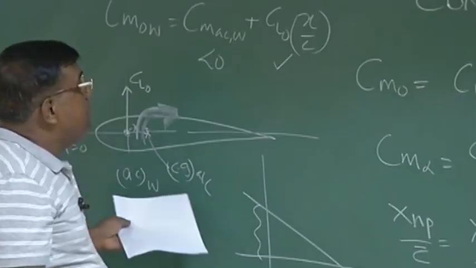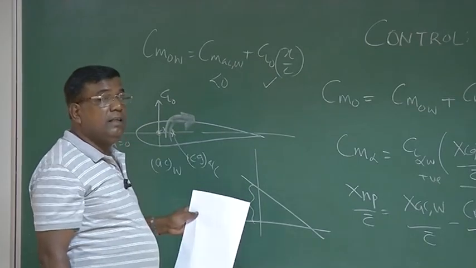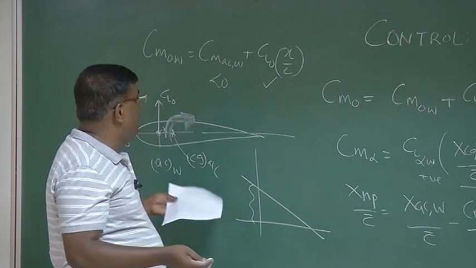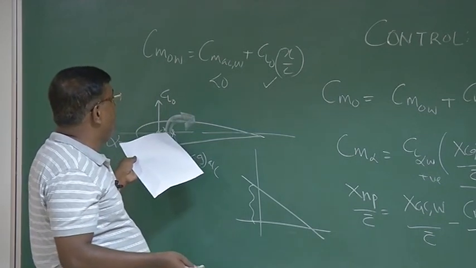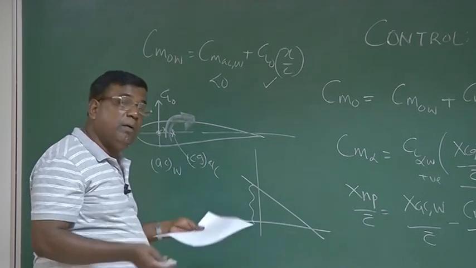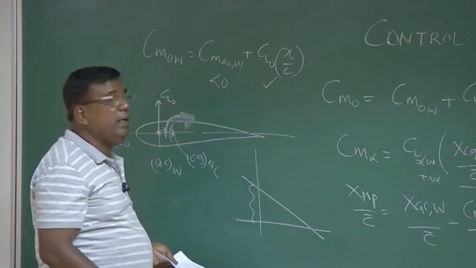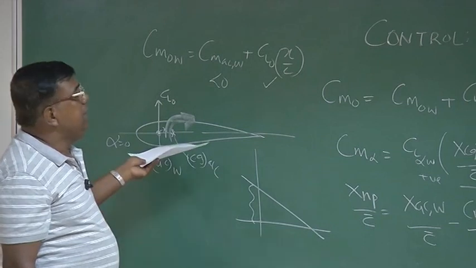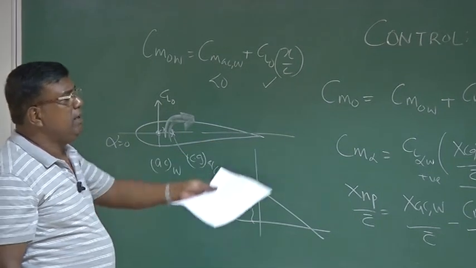Give some consideration so that it can help us in increasing Cm naught, because anyway cambered aerofoil, if we put the AC of the wing behind CG, the Cm naught from the wing will be further negative, so difficult in trimming. You put AC of the wing ahead of CG, it will have a destabilizing component. Doesn't matter, tail will take care.